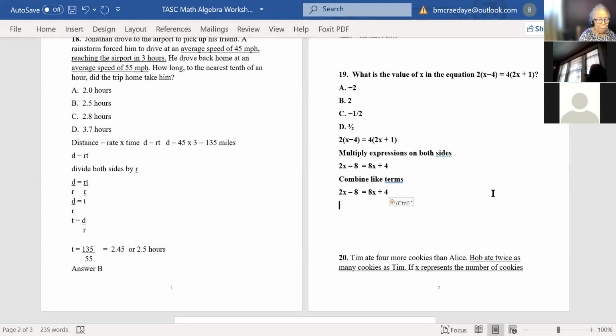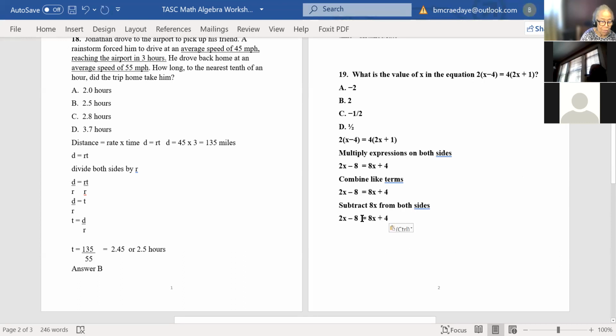Okay, I'll use 8x. You bring it across, so you have minus 8x. So we'll say subtract 8x from both sides. Let's do that. Let's subtract the 8x from both sides. So we subtract 8x from both sides. So this would be minus 8x, and on the right side,